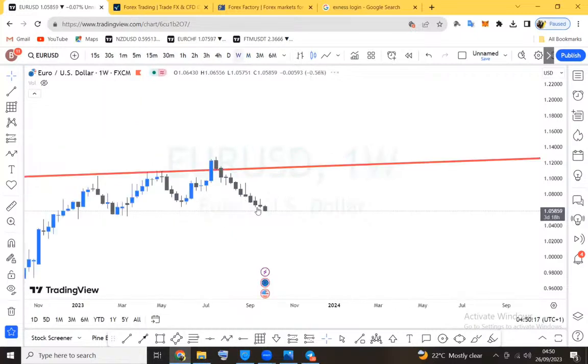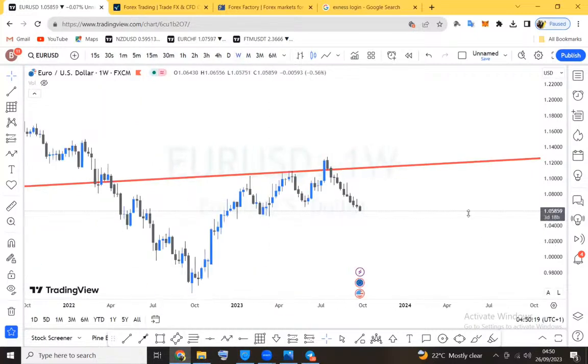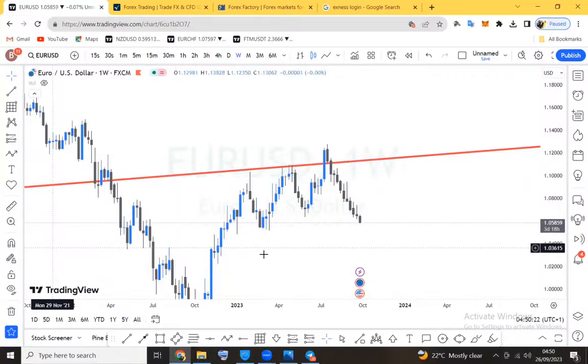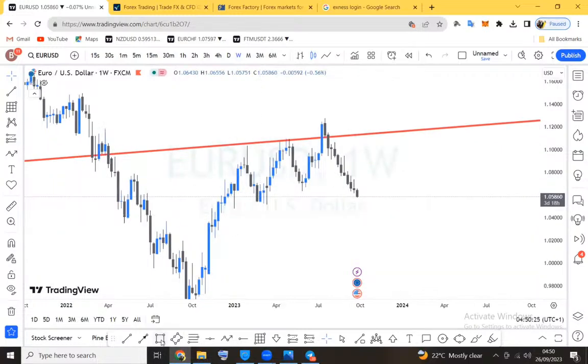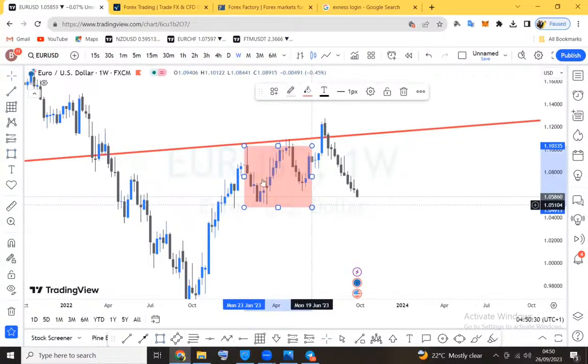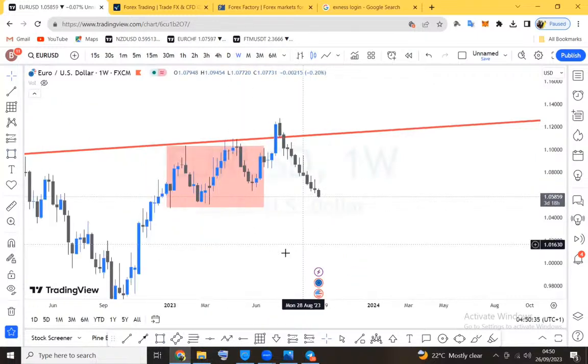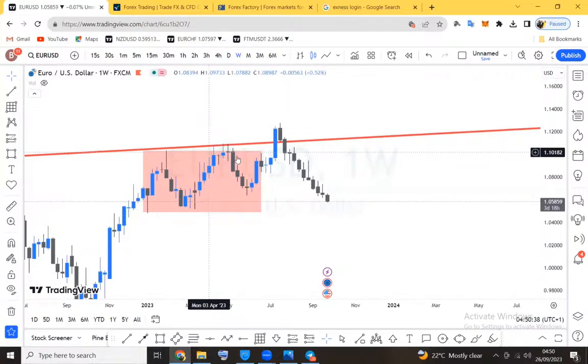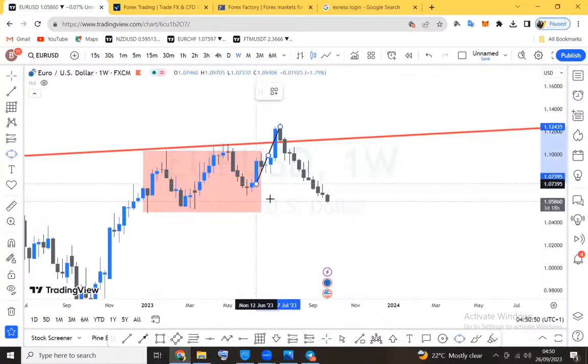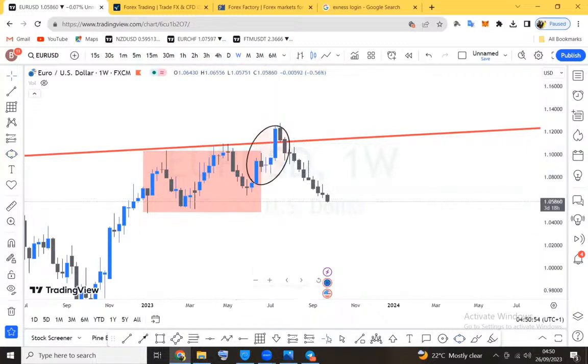Now, I would like to look at the detail of price, what happened locally or around where price is currently at, to have an idea of what is happening. So currently we saw the market was in a little choppy movement from here. And what we saw from this chart was that after the consolidation that the market made at this price level on this red line, which was a trend line, the market did a phase of expansion. In smart money concept terms, there was an expansion phase, and currently we are in a distribution phase.